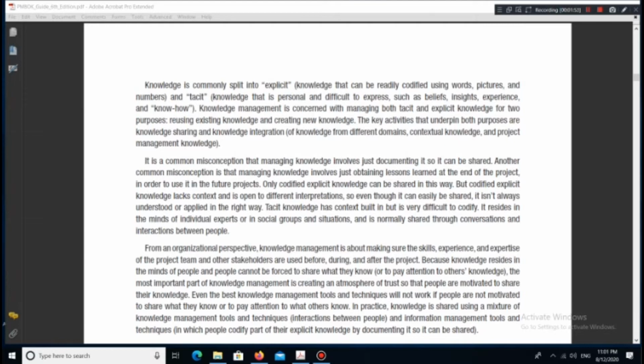Only codified explicit knowledge can be shared in this way. But codified explicit knowledge lacks context and is open to different interpretations, so even though it can easily be shared, it isn't always understood or applied in the right way. Tacit knowledge has context built in but is very difficult to codify. It resides in the minds of individual experts or in social groups and situations, and is normally shared through conversations